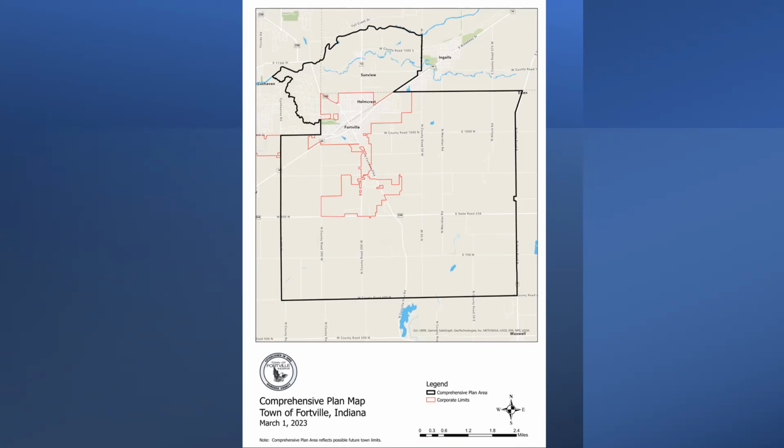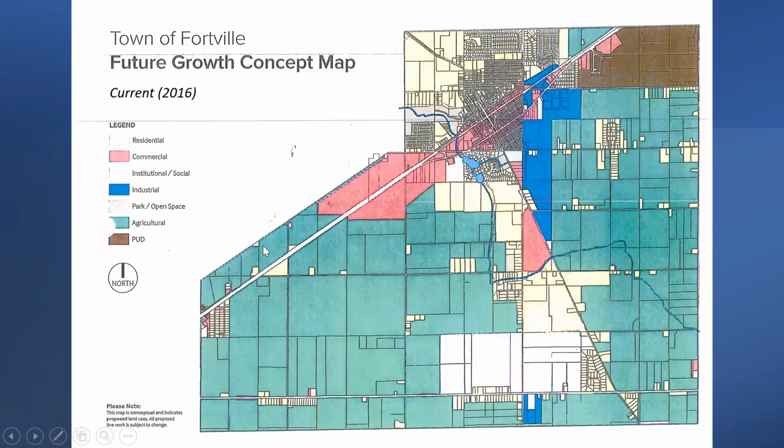Well, and that's an excellent segue to the next point. I've thought about all of the different types of land use categories that we could have. If you go back to our original map, it's pretty basic. It just says residential, commercial, institutional, social, industrial, agricultural, PUD. What I've tried to do is break down the residential category and the commercial category into a little bit more detail that can really provide the vision to the development community as to what the town is looking for.